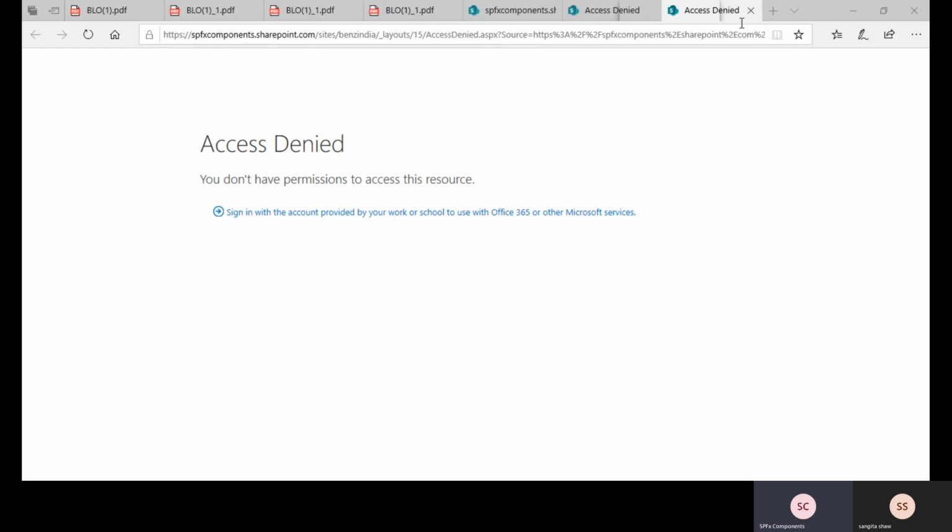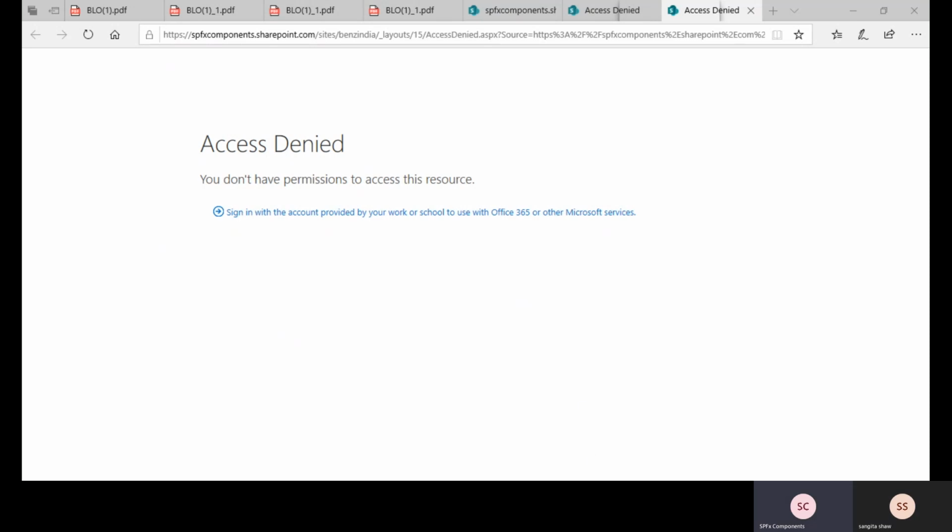Remove everything till Okay. after Bench India. Yeah, then documents. No, I'll just try to give you the full site URL. Okay.